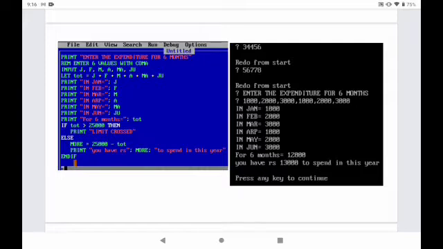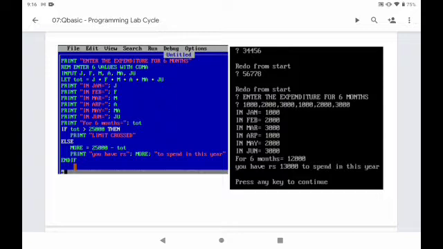Then in the next line you can see input J, F, M, A, MA, JU. That means J stands for January, then February, March, April, May and June. So these are all the 6 months that we have included in our problem.